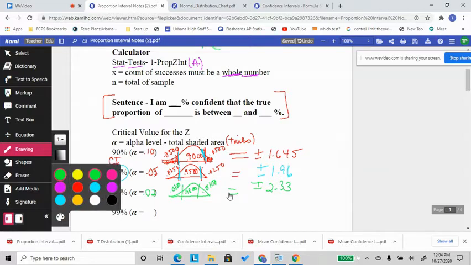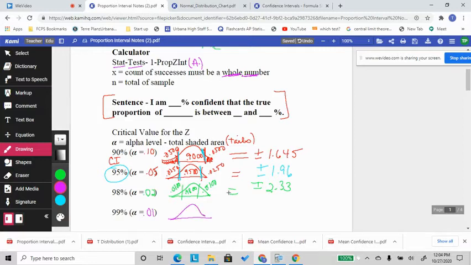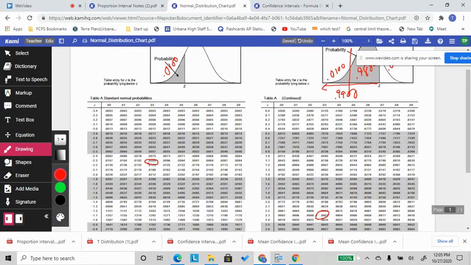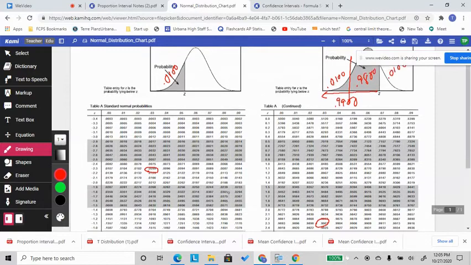If this is 99%, this would be 1%. Remember, this is the total shaded area. So if this is 9,900, this would be 50 and 50, because it's 1%. This needs to total 1%. That's your alpha level. Go and you look up closest thing to 50